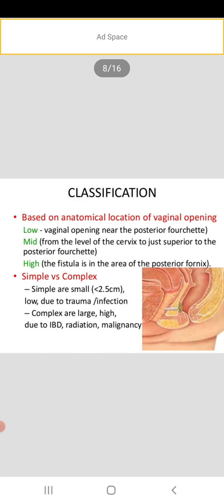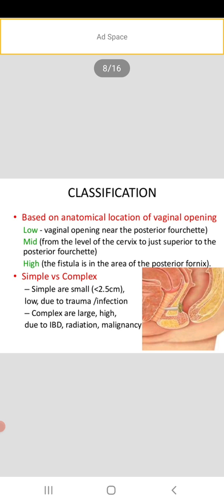Then classification based on the anatomical location of the vaginal opening: low, the opening near the posterior fourchette; mid, from the level of the cervix to just superior to the posterior fourchette; and high, the fistula in the area of the posterior fornix. Then simple versus complex. Simple are small, less than 2.5 centimeters, low, due to trauma or infection. Complex are large, high, due to IBD,